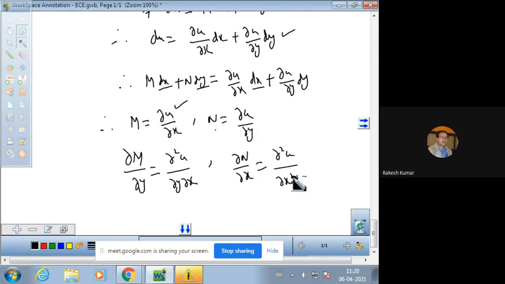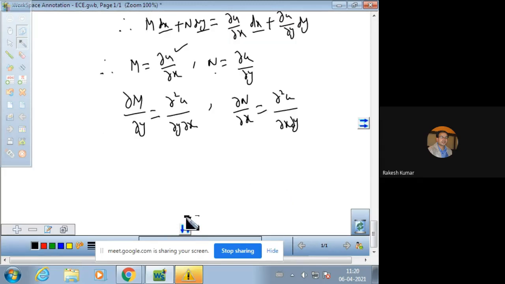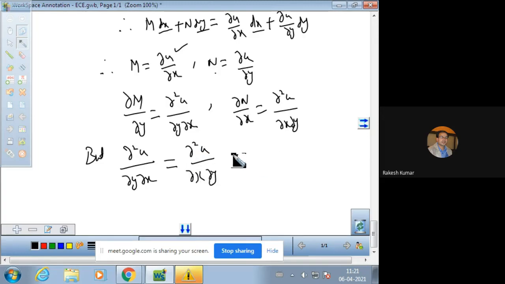Because the derivative with respect to y is taken first, now when we differentiate with respect to x, the del x will come next. In partial differentiation, the double order derivative of u with respect to y and x is always equal to the derivative of u with respect to x and y. What I want to say is that u yx is always equal to u xy. Whether the derivative is taken first with x and then y, or first y and then x, both derivatives will always be the same.